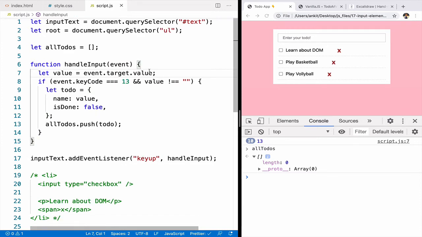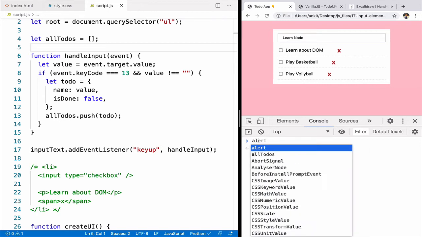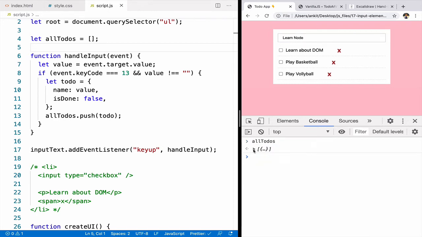So let's remove this console.log, and here what we are doing is we are getting access to the event object, we are accessing the property from there. If the value is not empty and you pressed enter, then we'll create an object and we'll push that object inside all to-dos. Press it and we'll say learn node and press enter. We'll look at all to-dos and we can see the value is here.